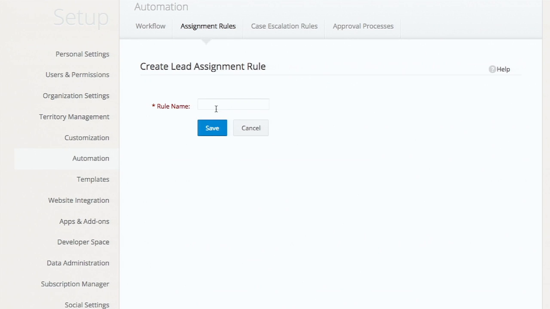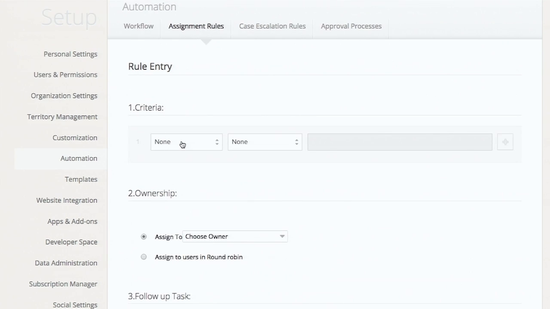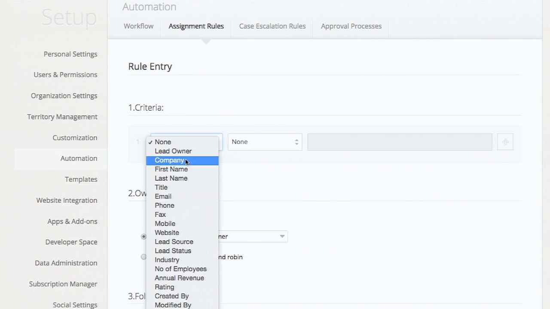And maybe I want to create an assignment rule by region. So I'll just put that in real quick. Leads by region. And click Save. So whenever I do that, I can create specific rule entries in my system. So I know that there's different examples here. So create rule entry 1 and what the criteria is. So I can say